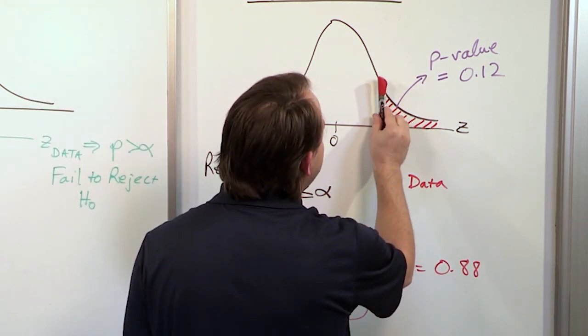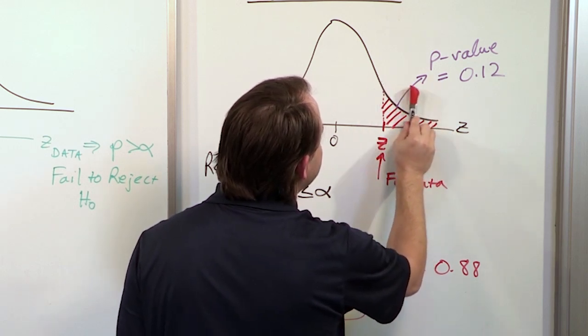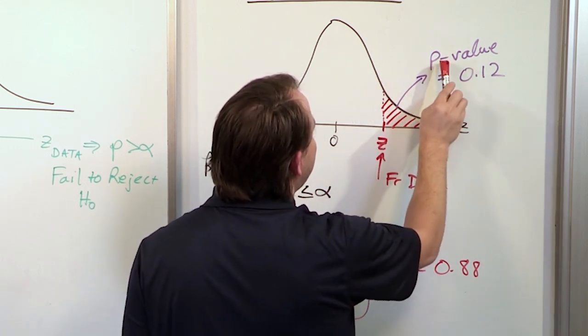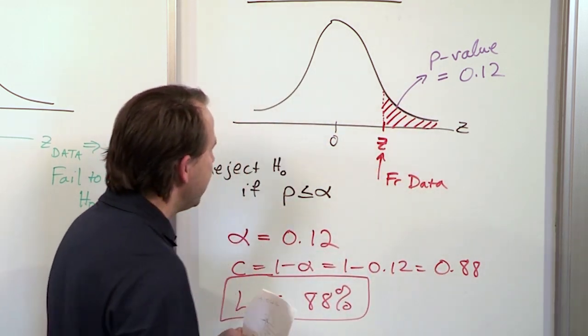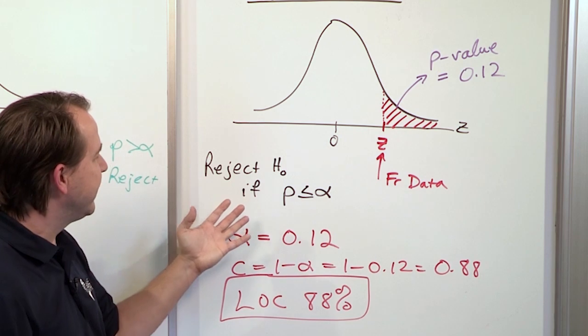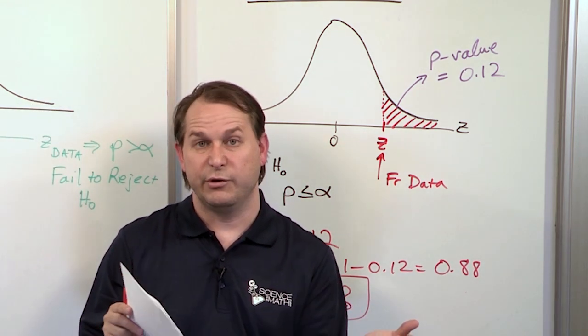In other words, if alpha were defined to be right here, right on top of my value of z, then alpha would be exactly equal to the area of the p-value. They would be lying both on top of one another. And since I write it like this, I'm basically saying that that's the threshold when I can reject that null